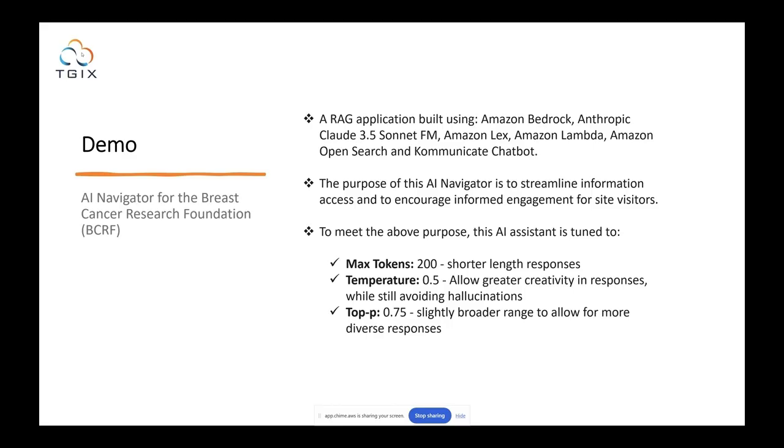Capabilities in terms of both the training on specific content, and personalizing or customizing the style to match the style of the website where the navigator or the chatbot interface is going to reside, and most importantly, the persona of the chatbot to meet the specific business purpose. So in this case, the idea for this chatbot, and again, this is something that we have created as an example, but